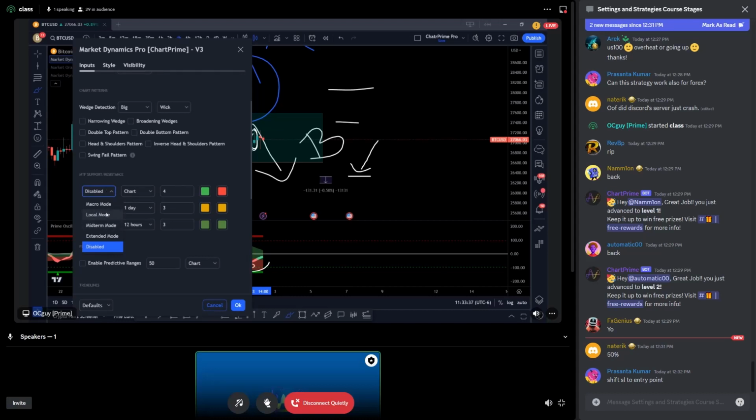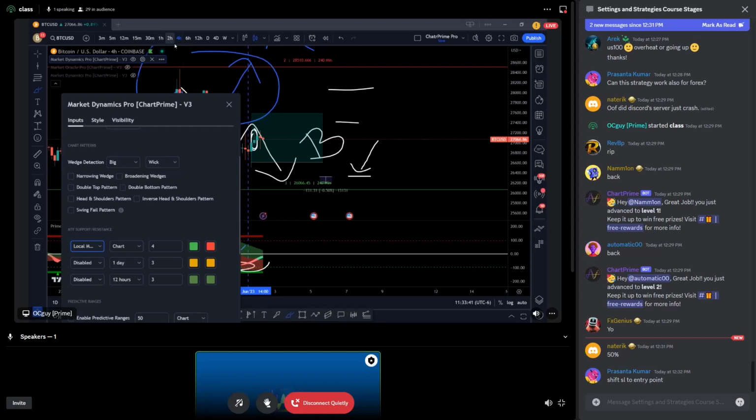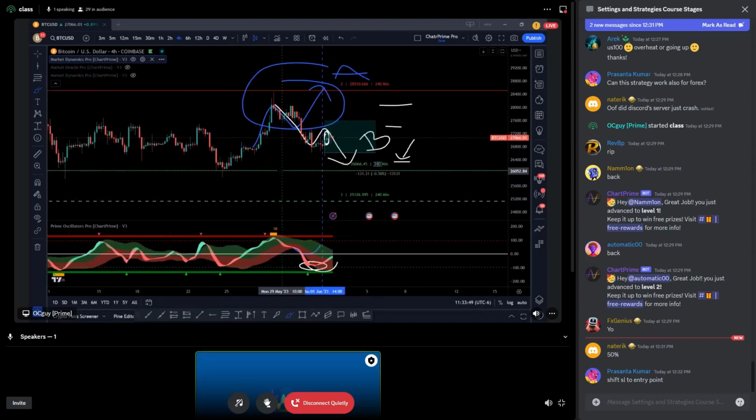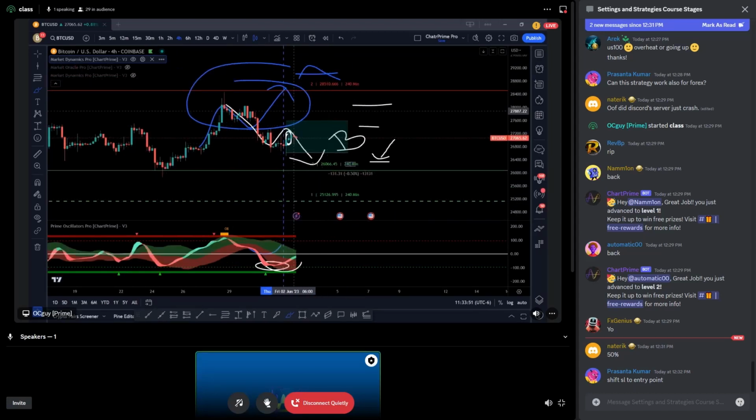So let's start with local mode. Let's have it on chart. Remember, chart means whatever you have up here, correct? And then how many lines I want to see. All right, maybe 4. Might be a little too few lines, right? Because I want to see so much more kind of like in the middle lines in here. Why? Because I want to find where it's going to be the next Confluence zone, correct?